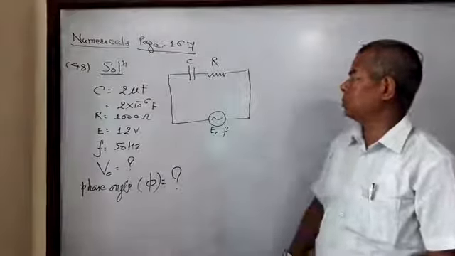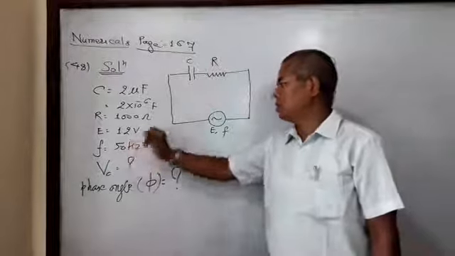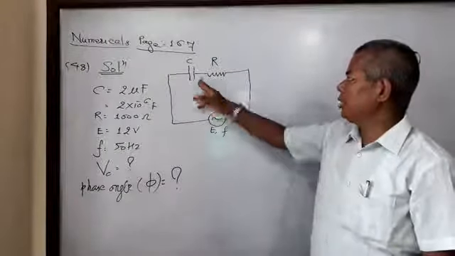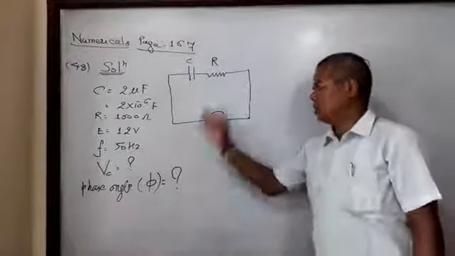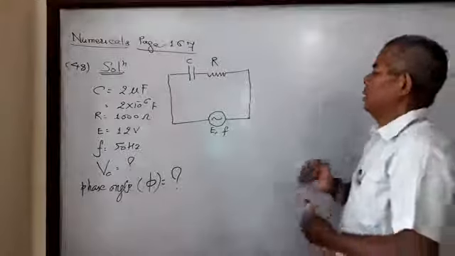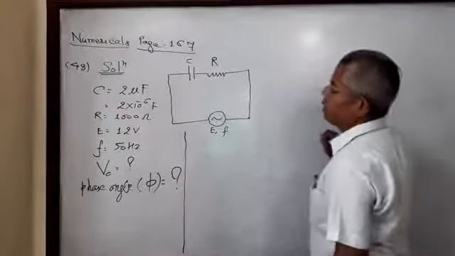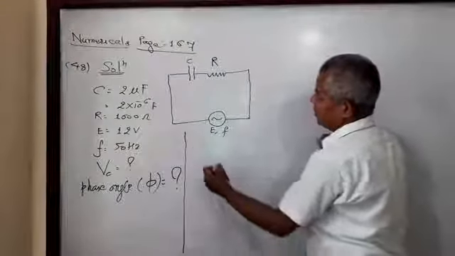VC, not VR. They are asking us VC. VC is equal to what? Second part, phase angle between current and EMF, that is phi, is equal to what? This is the question. Then the solution is, first we have to find impedance, that is the total resistance of the circuit. Impedance Z